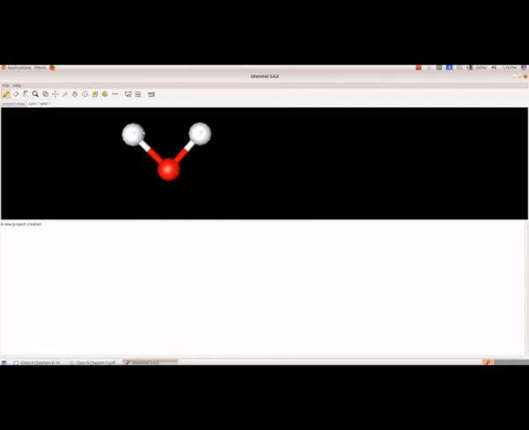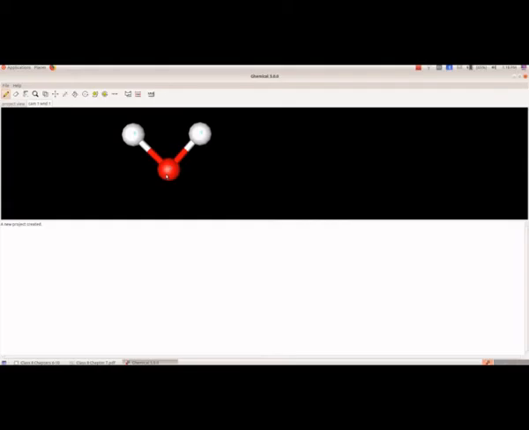So now we got the bond, and don't connect the two hydrogen atoms. Only the different types of atoms should be bonded and not the similar ones. And now we have to get the correct shape of this molecule.